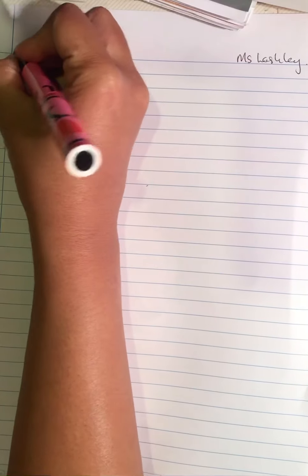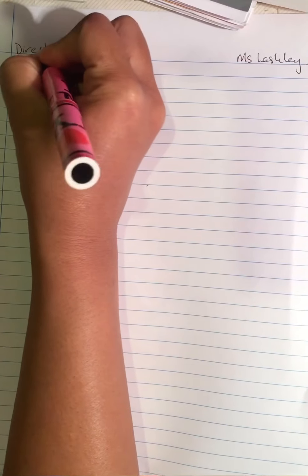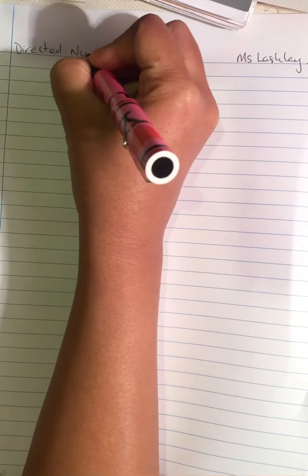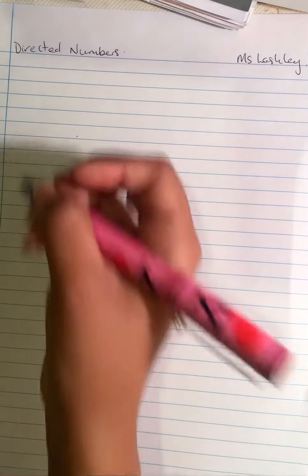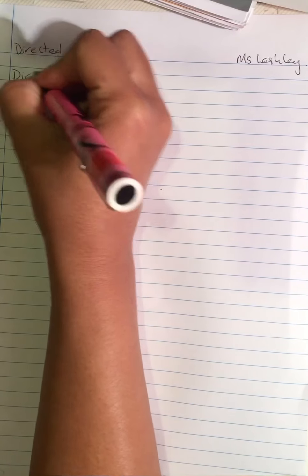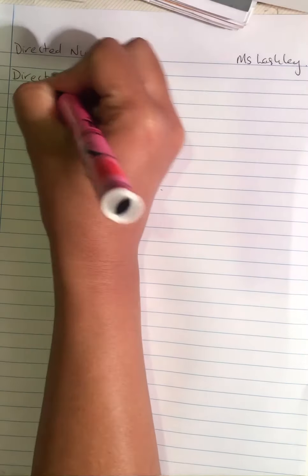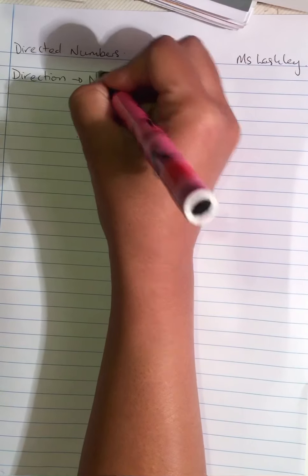Today we're going to talk a little bit about directed numbers. When we speak about directed numbers, we talk a little bit about direction, and as it pertains to the number line,